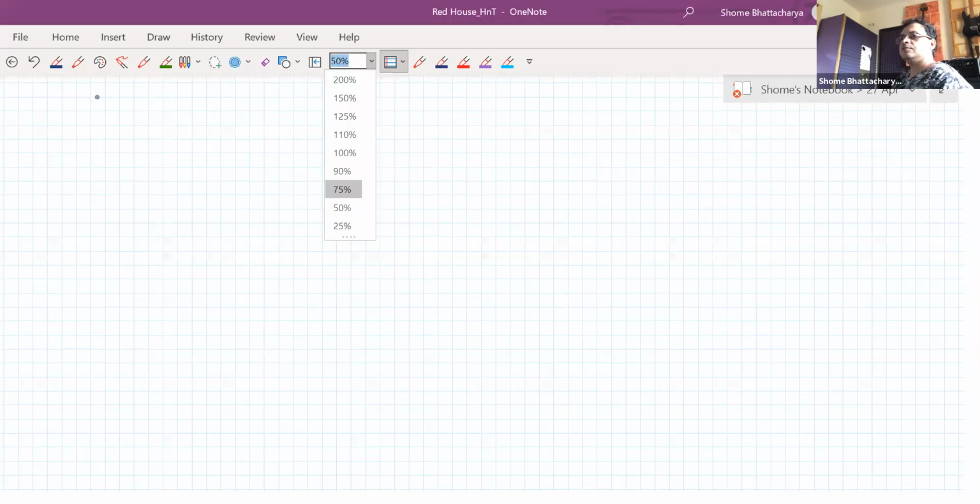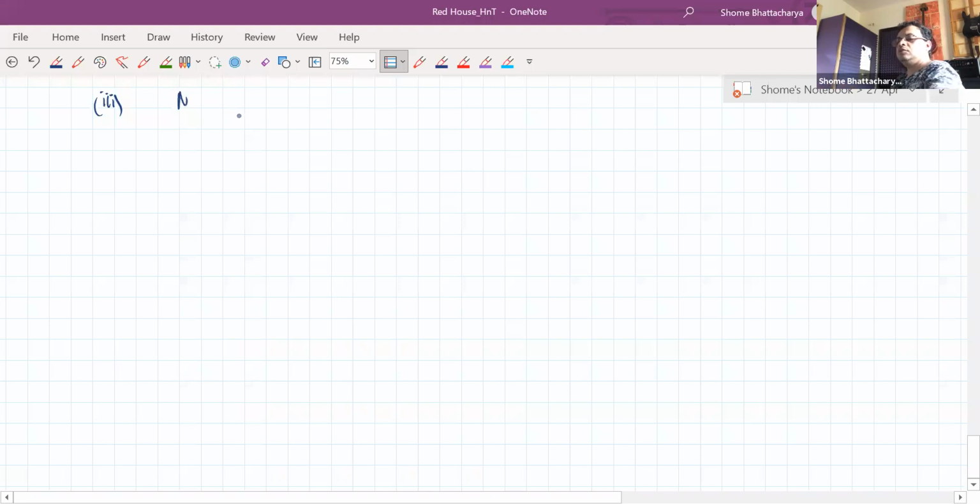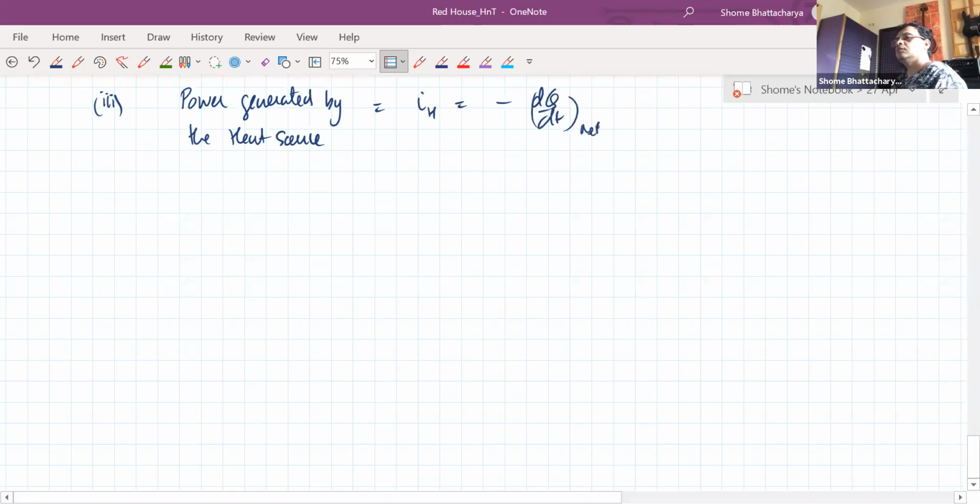Okay, so the third part: the power generated by the heat source should be equal to the heat current, or equal to the net rate of heat loss by radiation. Okay. So that's basically equal to, just write it like this, or